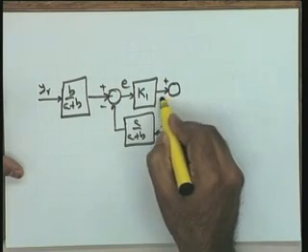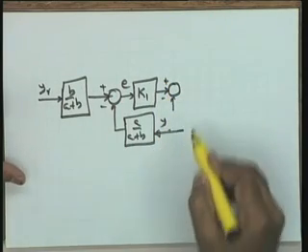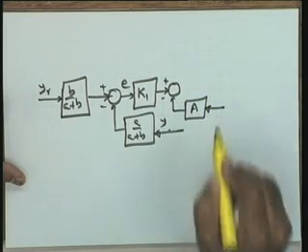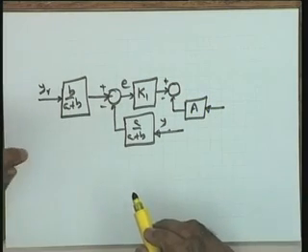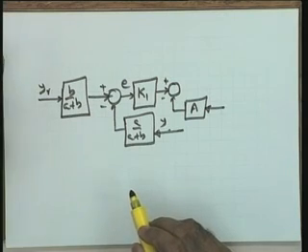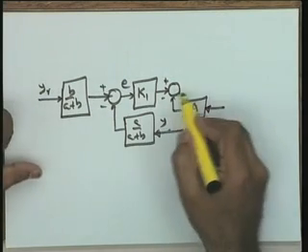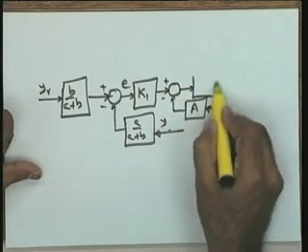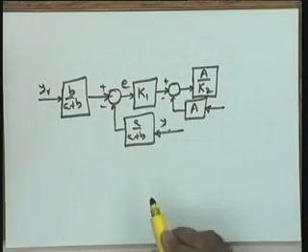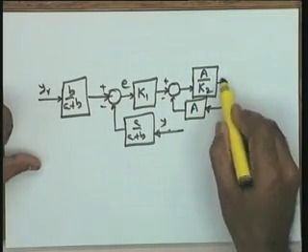From here I am going to subtract A Y dot. So let me have an A here, and I will bring this signal from Y dot. Keep in mind, K1E minus A Y dot is equal to K2 del P. So what I do here is put a block A over K2. This is going to give me a force.